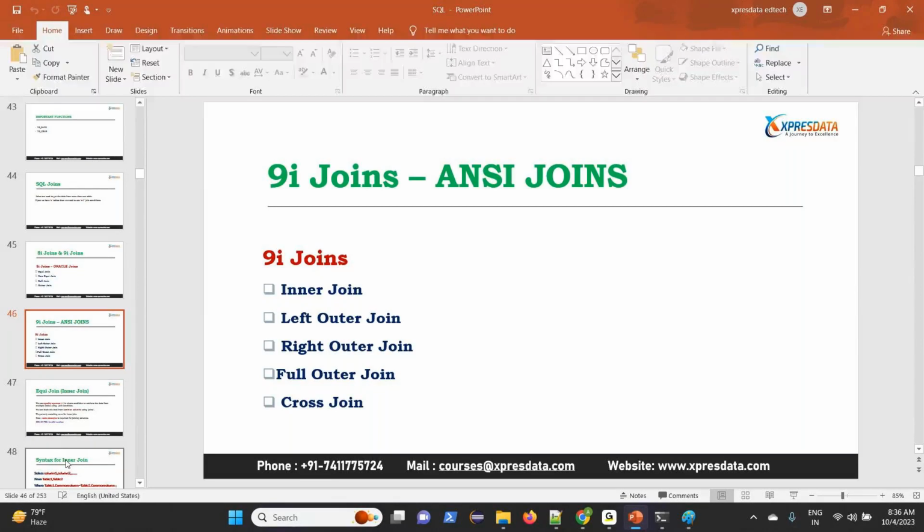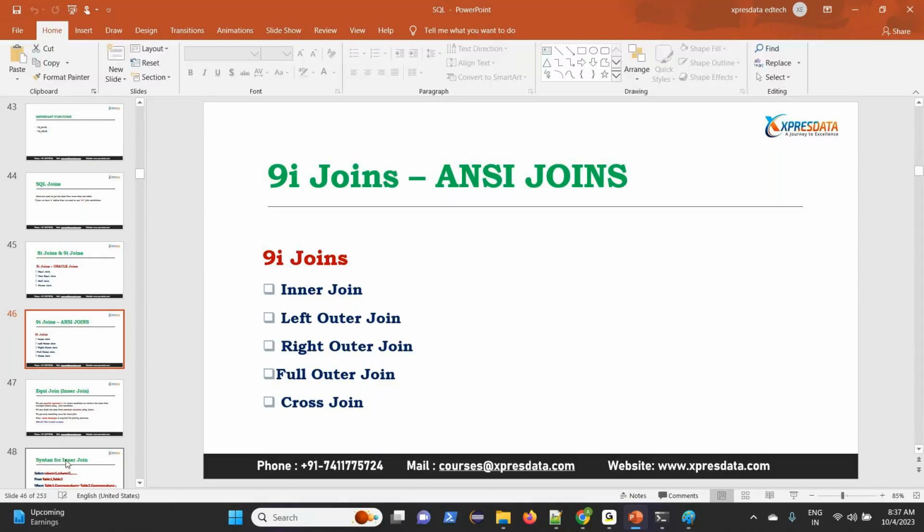There are so many databases in the market: Teradata, Netezza, DB2, MySQL, Sybase, SQL Server. In all these databases, including Oracle, the syntax and meaning are the same. You don't need to edit that. So what are the 9i joins here? Inner join, left outer join, right outer join, full outer join, and cross join.